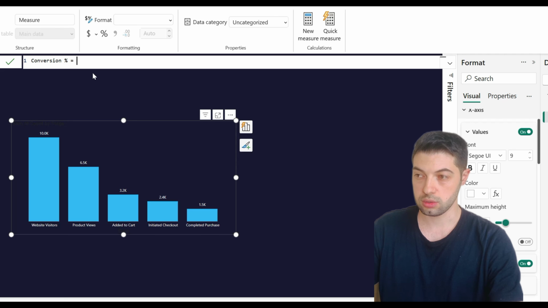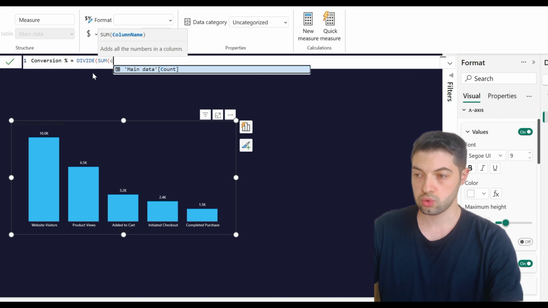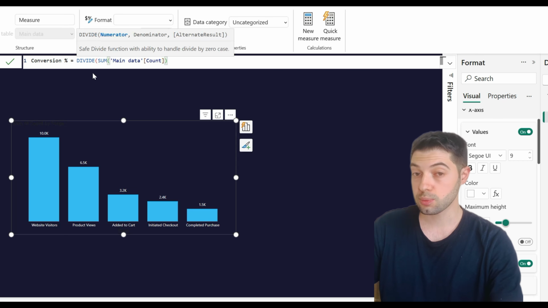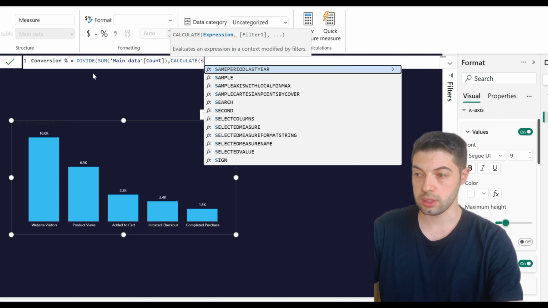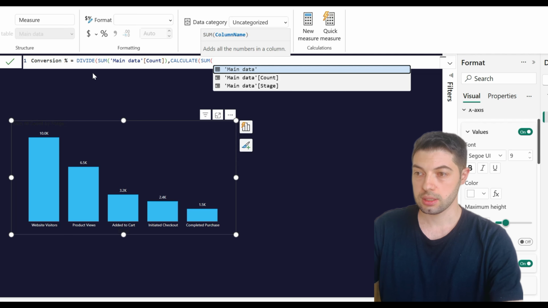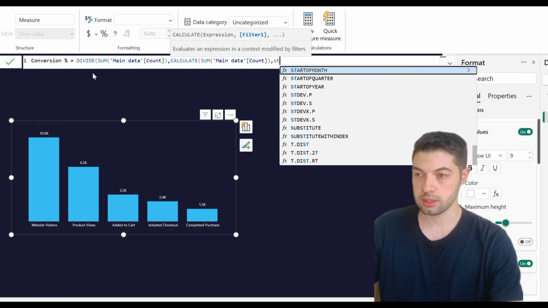We should divide our count to 100%, that is website visitors. Again, calculate count where stage is website visitors.